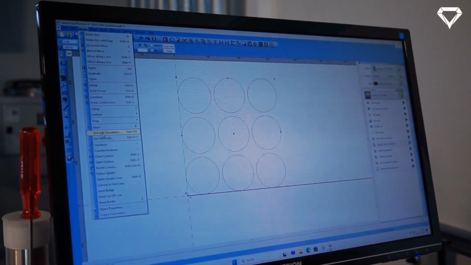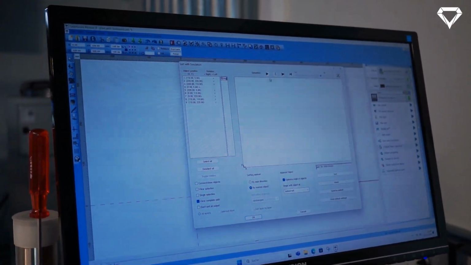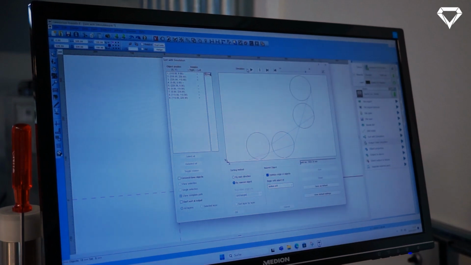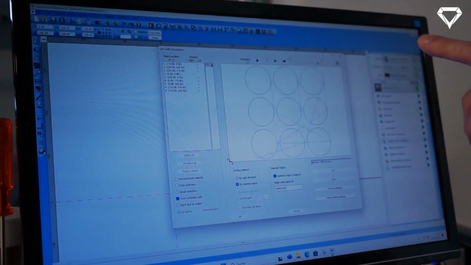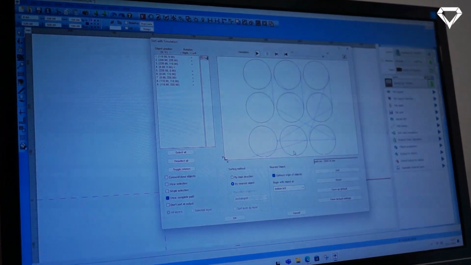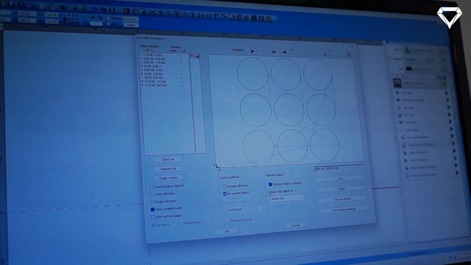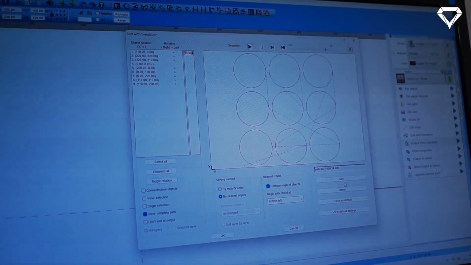So we can use the function sort with simulation. And this is the unsorted cutting way. As you can see, there's a lot of jumping around, and the blue lines are the moving passes, so there's a lot of movement. If I would now sort it by the nearest object and optimize the origin,